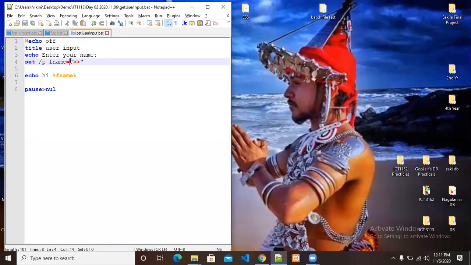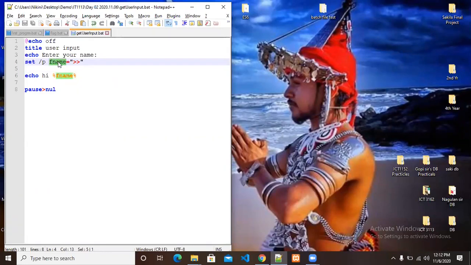So make sure you don't give a space, and this is just a symbolic part for making it clear. It's just a label, a message part. The thing is, after this variable, whatever the user writes will be saved in this variable.